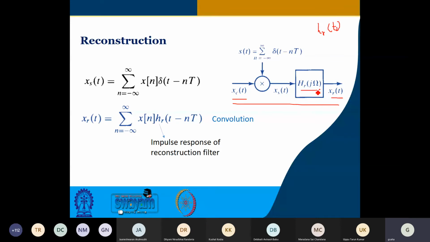So this is the DTFT and IDTFT pair. You already know what is required, so you can calculate it the way you have calculated the rectangular kind of thing. For delta(t) you have got h_r(t), so for delta(t minus nT) you will have h_r(t minus nT). This is your sampled signal, and you can represent it in this manner also. So the corresponding x_r(t) can be written in this manner.